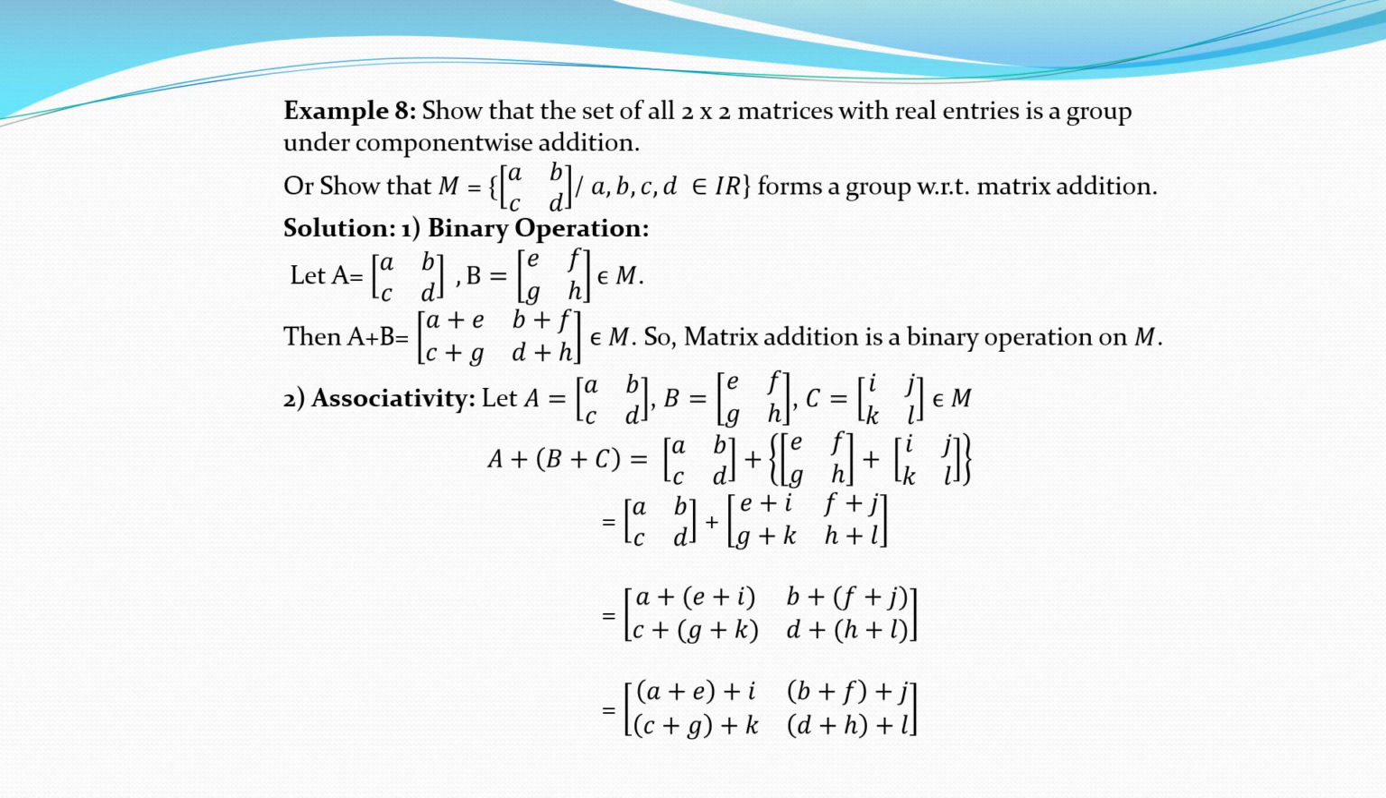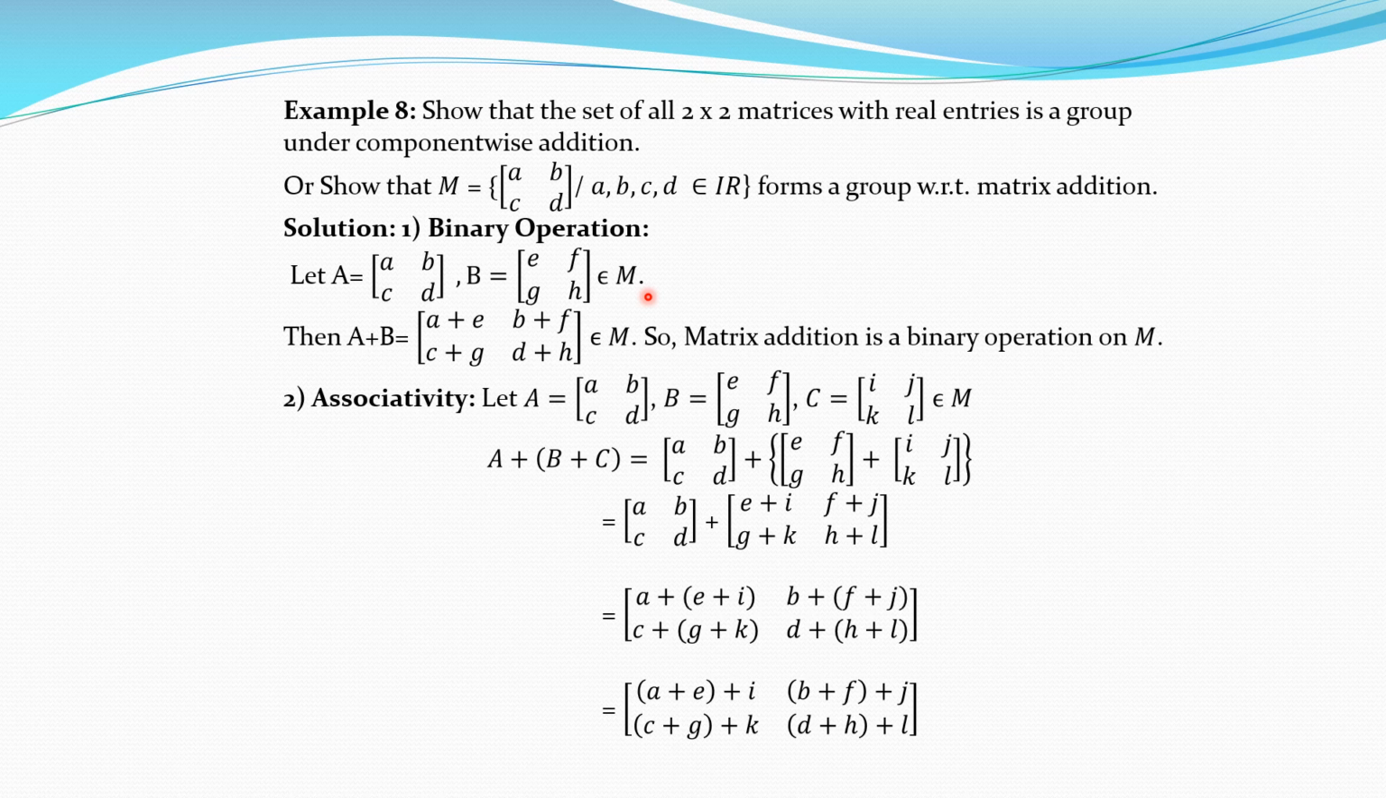Now, the set of all 2 by 2 matrices with real entries is a group under component-wise addition. Or the same question can be asked as M equal to a, b, c, d, where a, b, c, d are real numbers. It means it is the set of all 2 by 2 matrices with real entries. It forms a group with respect to matrix addition. So to show that it is a group, we have to show that addition is a binary operation on M. It is associative. Then we have to find the identity element,